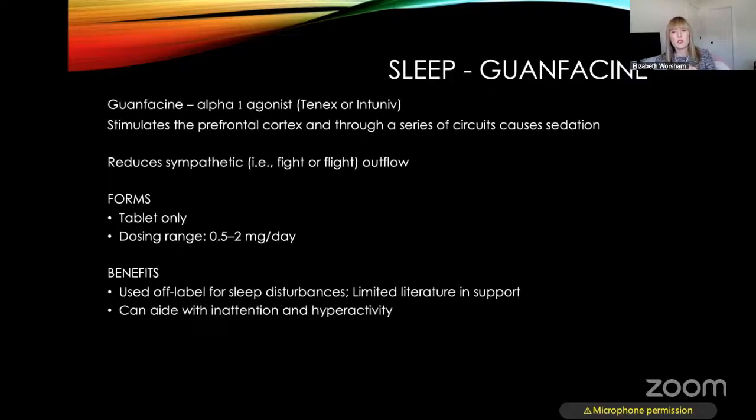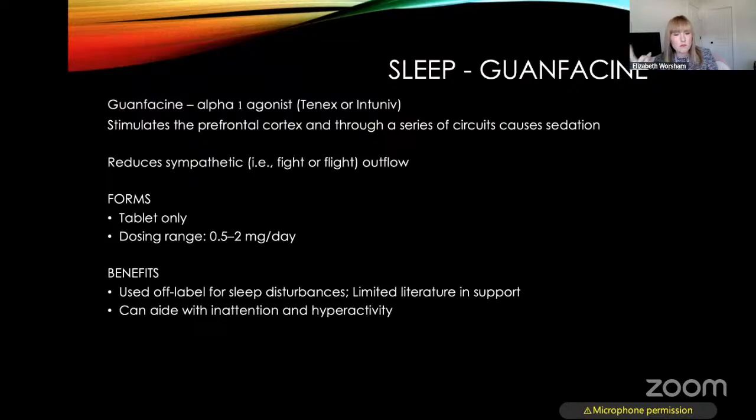There's little literature support in this, but also bear in mind, there's not a lot of motivation to study this because it's beyond its patent. If my memory serves, the length of a drug patent in the United States is 17 years. So there's not much money to be made once it goes past that 17 years. So drug companies, and for valid reasons, aren't motivated to do a lot of research on it because they're looking for the next drug that may be bigger and better. So just because there's not a lot of literature there doesn't mean it's not used commonly.